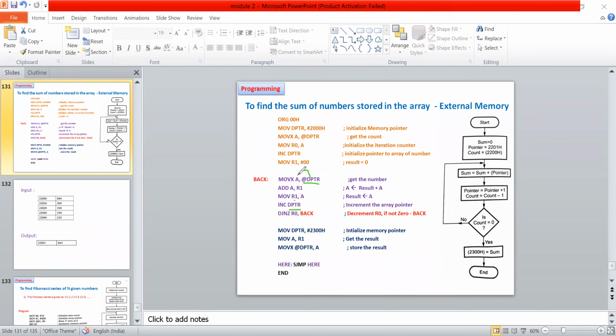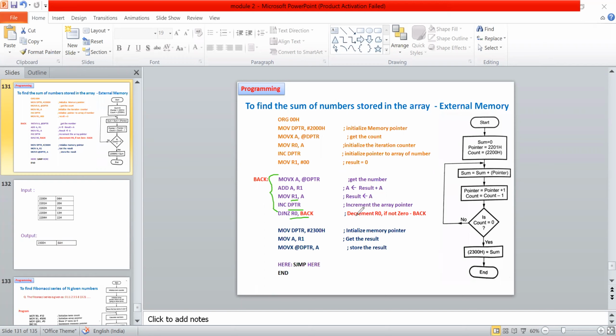Just the third data we are moving to the accumulator. The resultant is there for adding two numbers. So the third data will be added with what is there in the accumulator now. Finally, the resultant will be stored in the accumulator. Finally, the accumulated data is moved to R1 now. Whatever add operation we have done, we are moving into the R1 register, where the resultant is stored. By incrementing DPTR, we are moving to the next location. That's it. Going back, do the same process 4 times.